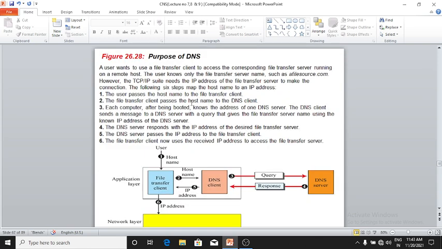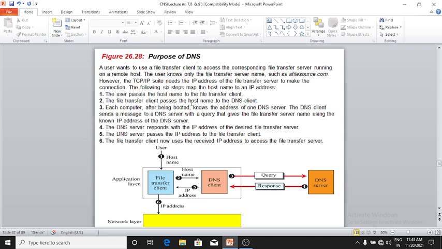Purpose of DNS: a user wants to use a file transfer client to access the corresponding file transfer server running on a remote host. The user knows only the file transfer server name, such as afilesource.com. However, the TCP/IP suite needs the IP address of the file transfer server.